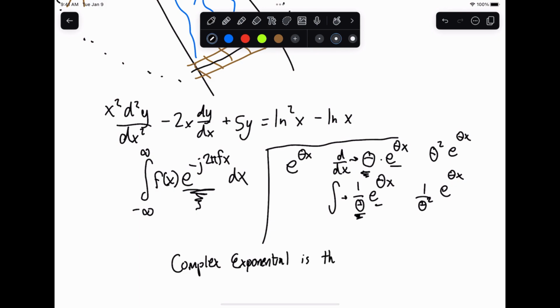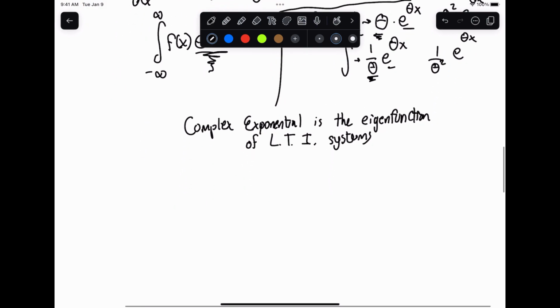is the eigenfunction of linear time invariant systems. So what do we mean by eigenfunction? Well, if you remember from linear algebra, if X is an eigenvector of the matrix A, then what you get by hitting it with A is just a scaled version